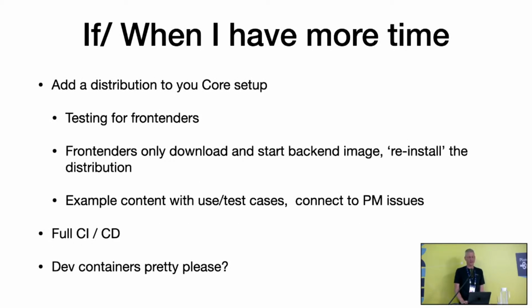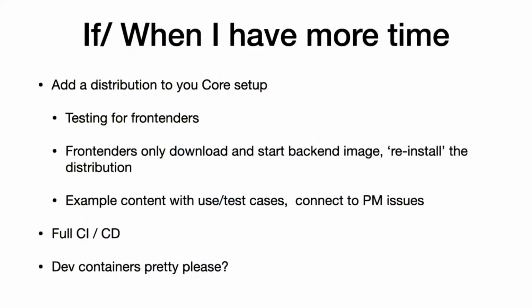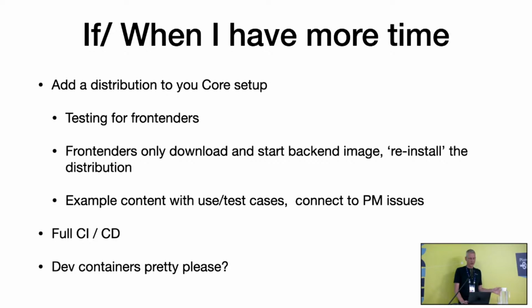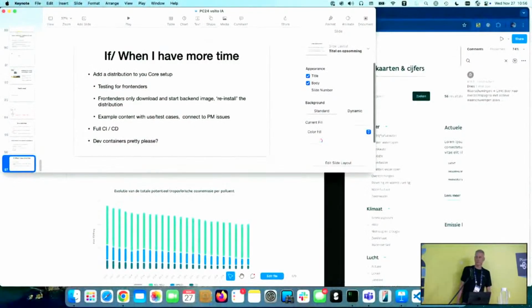Oh, but please add a distribution to your core setup for your front-enders. We have distributions now. You can just add them to your project. A front-ender who doesn't have to install the back-end, it just downloads the recent container image from your container registry. It starts it up. It activates the distribution, and there's a full set of examples and things in there. And one of Maurits or me maintain the distribution for the Nuxt test cases. Works really well, but we should actually have dev containers. Thanks.